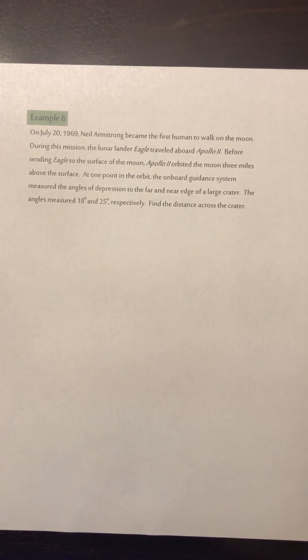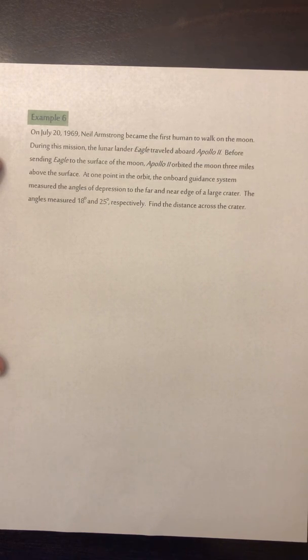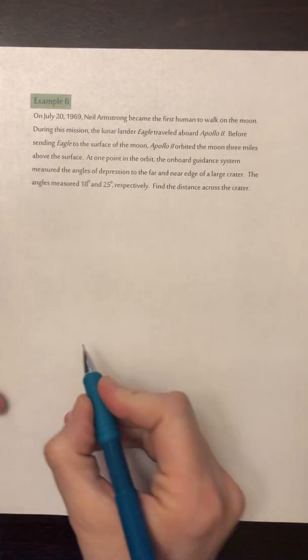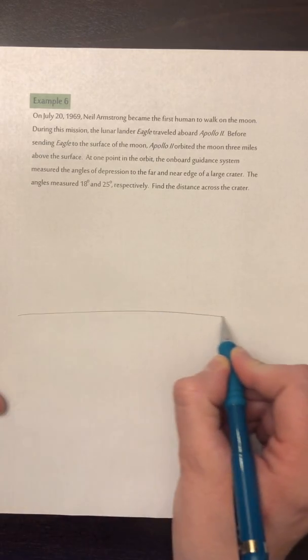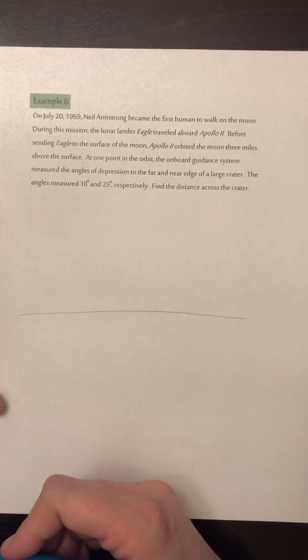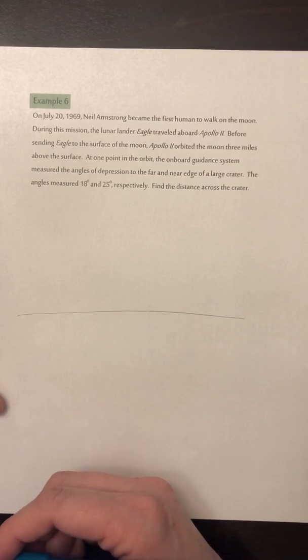A lot of words. The key to this problem is going to be the picture. If you can get the picture drawn accurately, this really is not a hard problem. So let's go back to the beginning and we're going to take it step by step. So we have the Eagle, and the Eagle is orbiting the moon 3 miles above the surface. Okay, so let's just say that this right here represents the surface of the moon, and then we have the